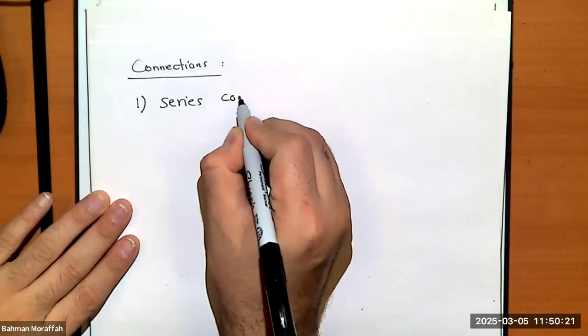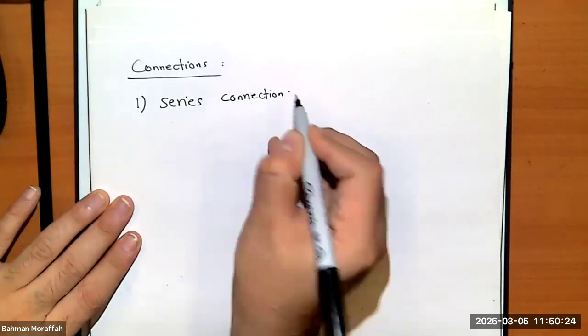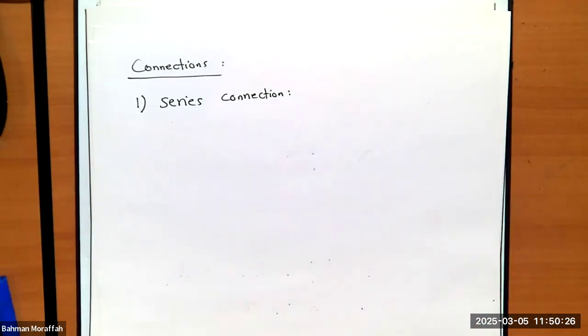The first one is the series connection. Remember how we define series connection? First of all, they got to be back to back, and whatever current is going through one of them should go through the other one. If these 2 elements are resistors, I can combine them into one resistor, and I know the current through that equivalent is the same as the current through each resistor. But in general, if I have any element, like what we had in this example,